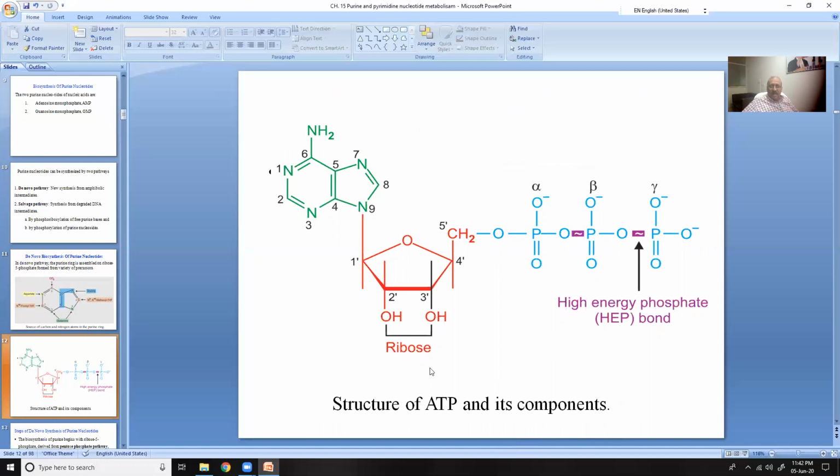You see it is the ribose sugar, and then there are three phosphates, alpha, beta, and gamma. They are high energy phosphate bonds. And it is the sugar, and here you will find the base on carbon number 1. It is the structure of adenine or guanine. You see the arrangement of carbons 1, 2, 3, 4, and 5 in the pentose. On carbon number 1 you will find the base, and on carbon number 5 you will find the phosphates.